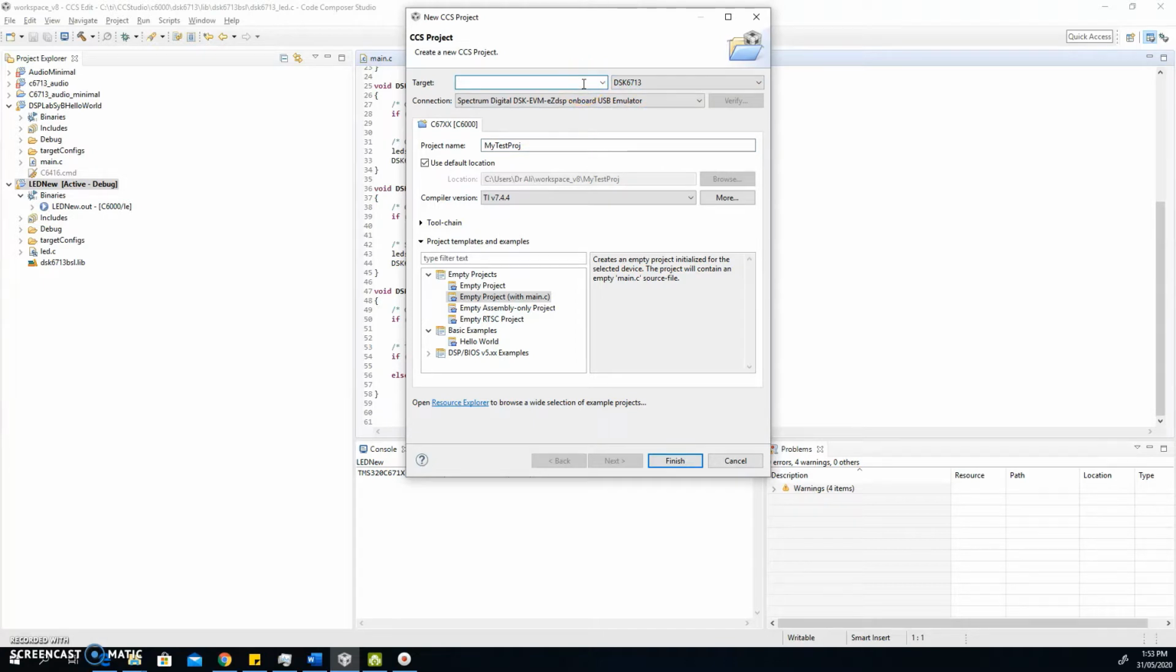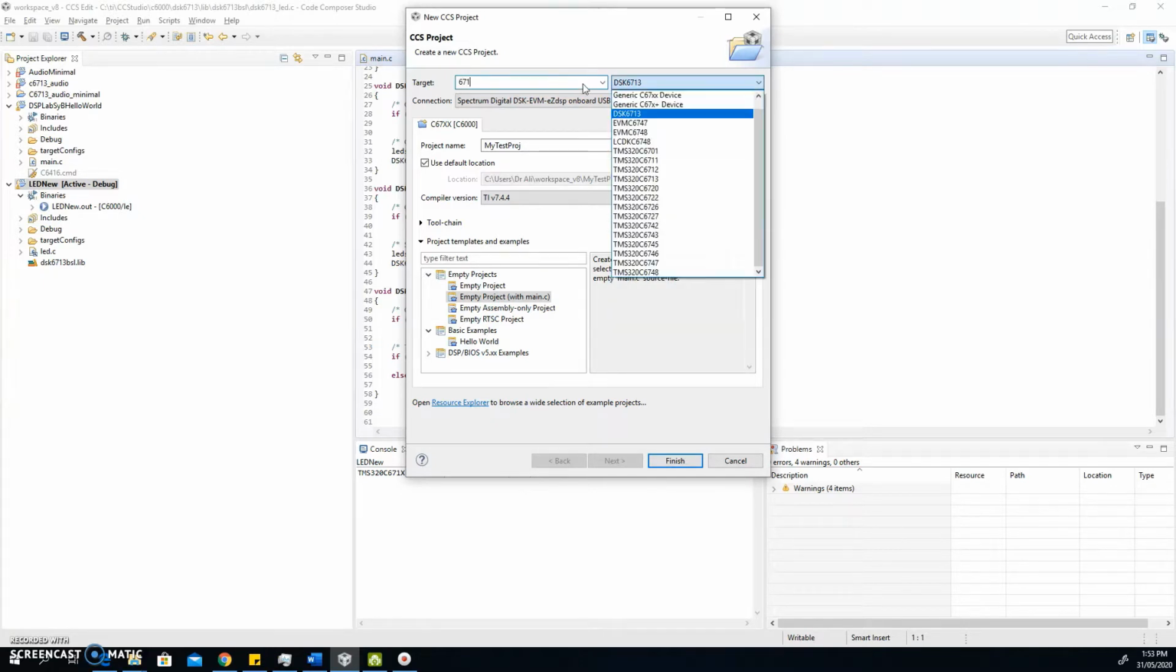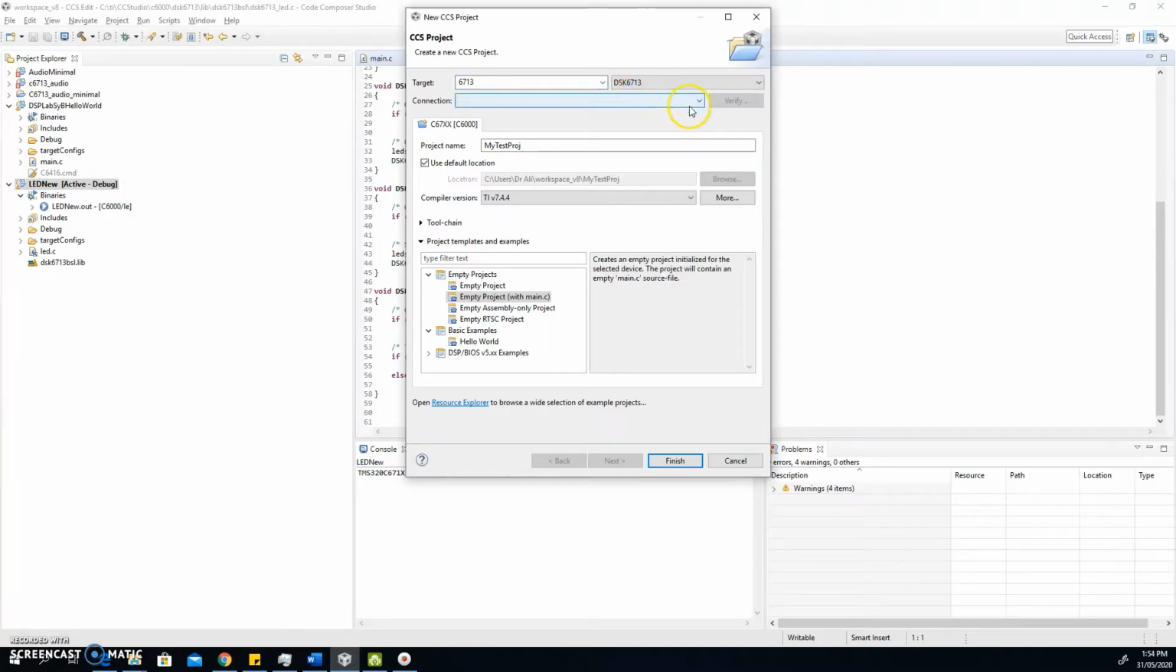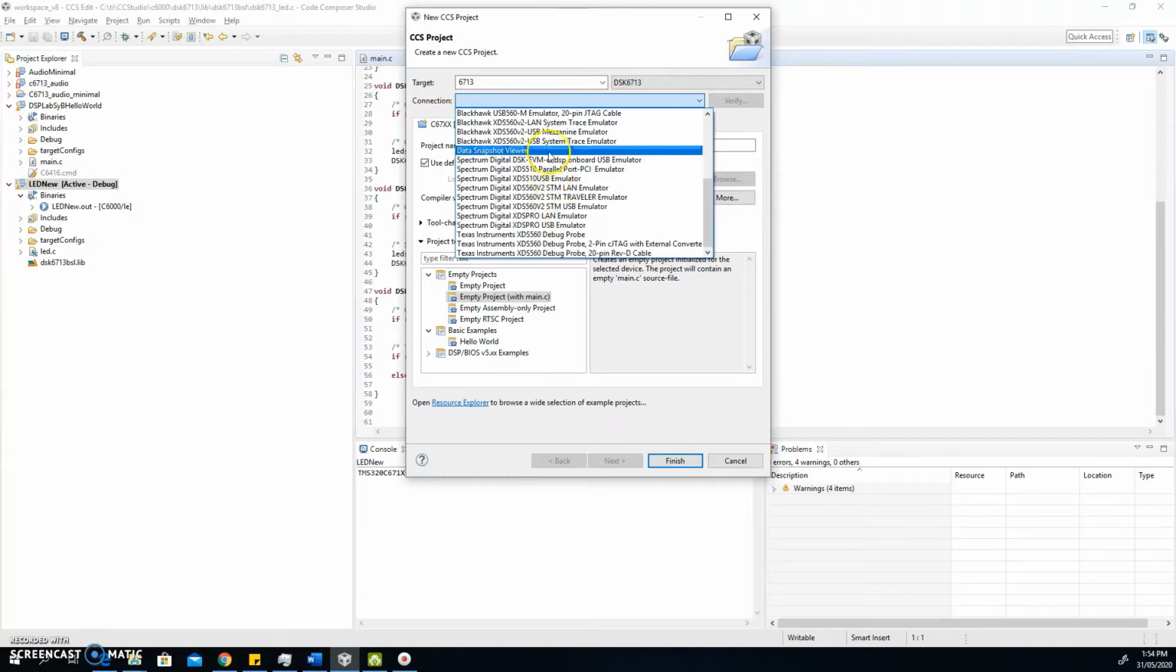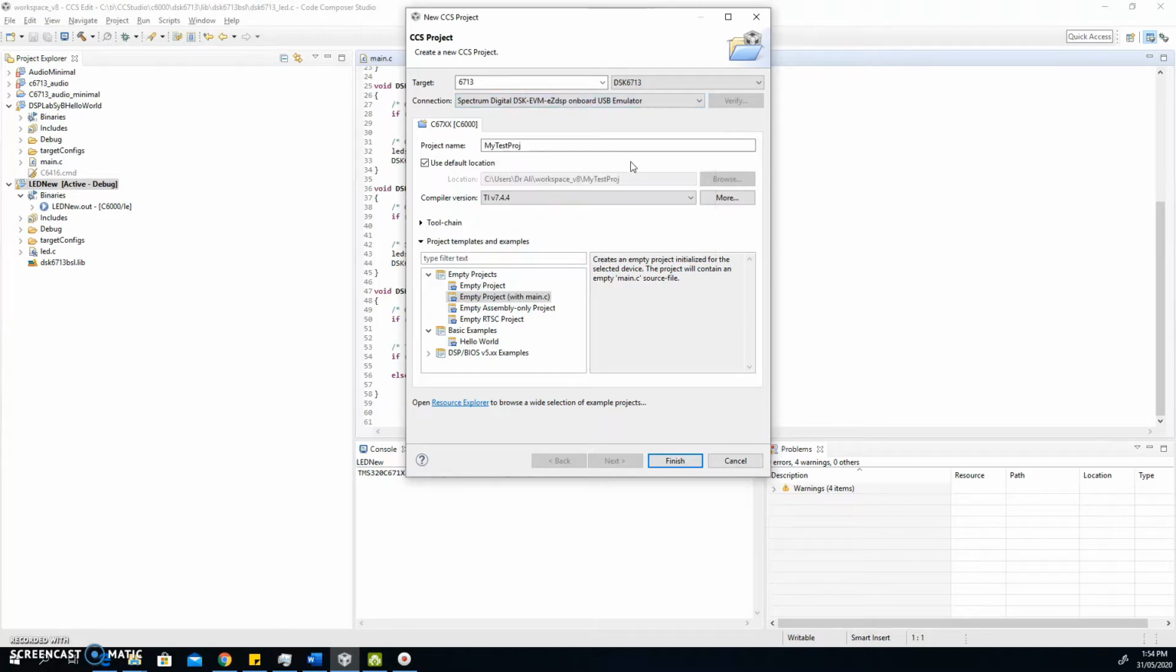As we are already working with DSP Kit 6713, it has automatically selected it. Otherwise, you can simply type in 6713, it will give you the two options, and you can select DSP Kit 6713. From the connection you have to select Spectrum Digital DSK EVM EZP onboard DSP emulator. Remember, we have already looked at these things when we saw how to install Code Composer on our system. The next thing we are going to do is simply select a basic example, which is hello